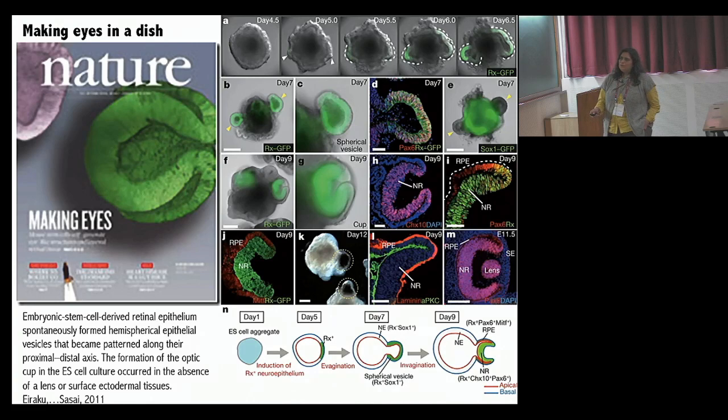So if you induce these homogeneous cells to become that retinal neuroepithelium, using that same transcription factor that I spoke to you about, what they found was that this aggregate,